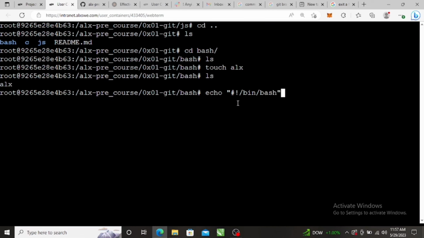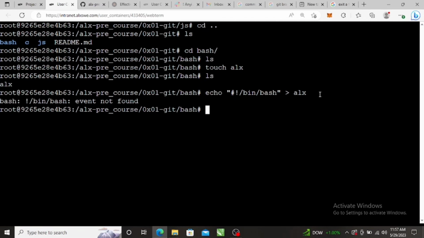And then use your 2 arrow keys into your ALX. What you are telling it is that it should put this word into ALX, because I know that there's nothing inside ALX. This double quote means you should, okay, let's use single quote for example. This single greater than sign means that if there's anything, you should delete everything and just put only this thing inside, okay? So when I press enter,